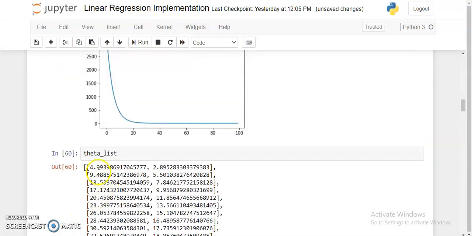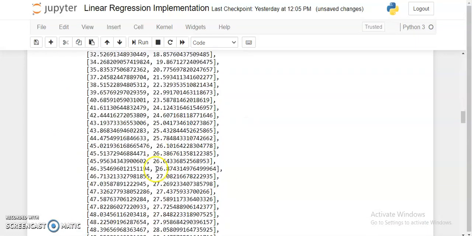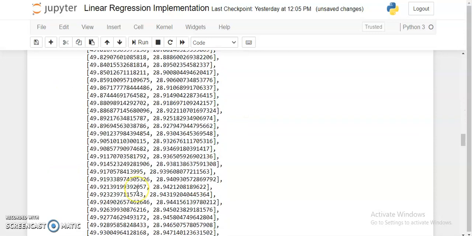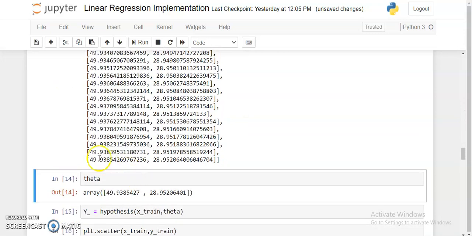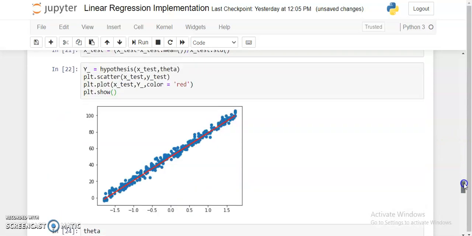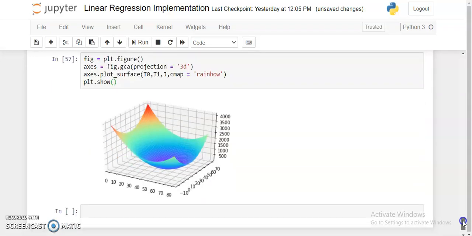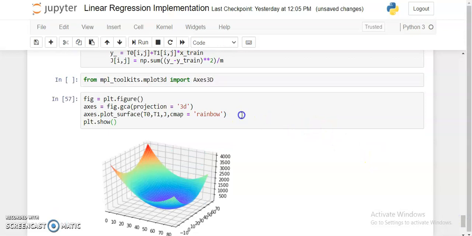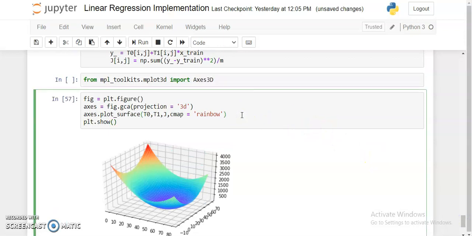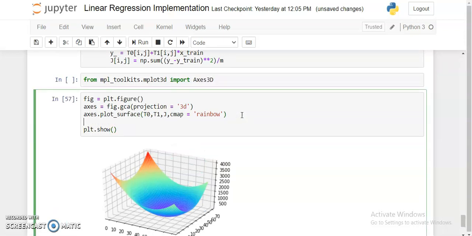As you can see, it started from very random values, and then it converges to the values of theta where the loss is minimum, meaning it converges to the minima of the loss function. Now let's visualize these theta values on the plot at the same time.